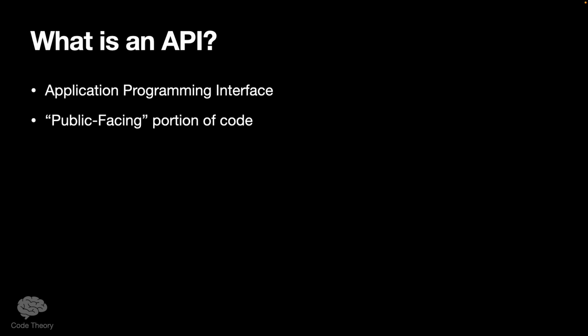The API is the public-facing portion of a code base. Essentially, when you write code, if you have anything in your code that is exposed for other pieces of code to use or access, then that is your API. It is how other code interacts with your code. When other code uses your code or someone else's code, they are called clients. So while you are building an API, you are building it for your clients. When you are using an API, then you are the client.